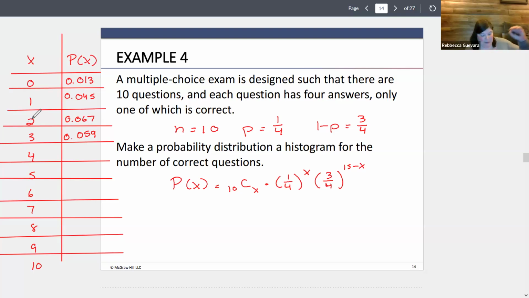That seems to be my highest probability so far. The probability of getting 4 correct is 0.035. The probability that 5 are correct is 0.014. The probability that 6 are correct is 0.004. The probability that 7 are correct